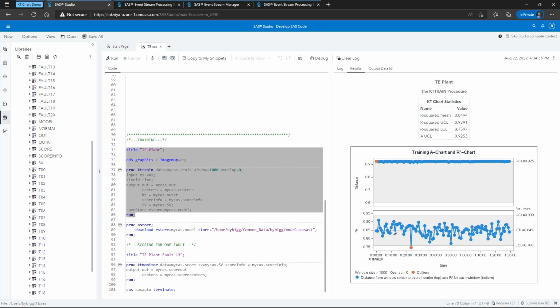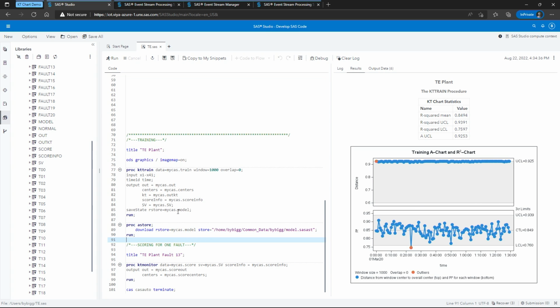At the bottom, we see the R-squared chart for the training data, and the data is essentially all within the control limits that we've generated. We look at the statistics of the spreads to generate the upper and lower control limits. And the top chart is the A chart that represents the 108 centers of the SVDD clusters. And we've used that to generate upper and lower control limits as well that we'll use for scoring.